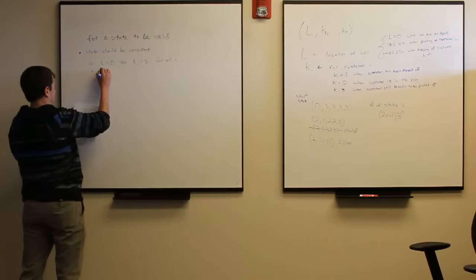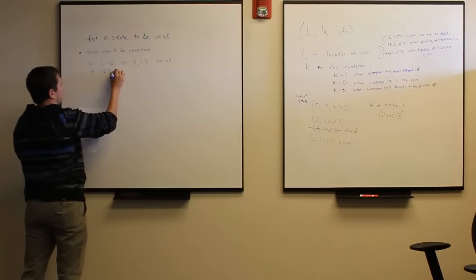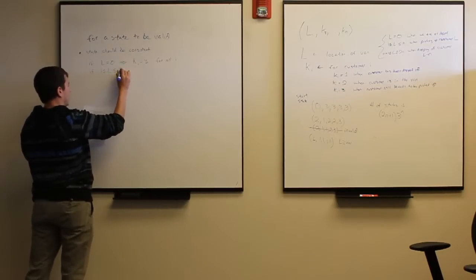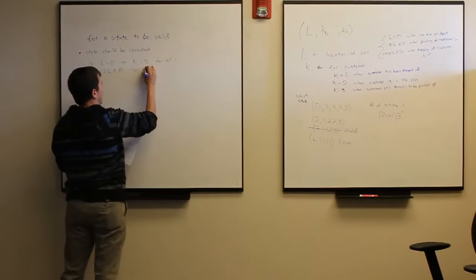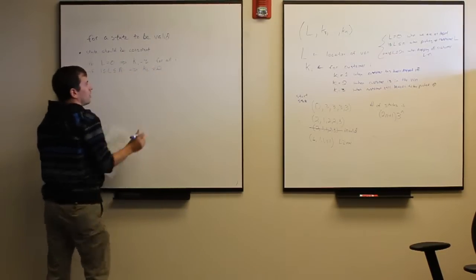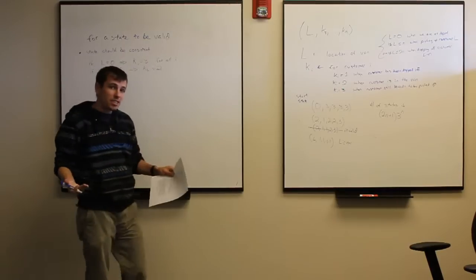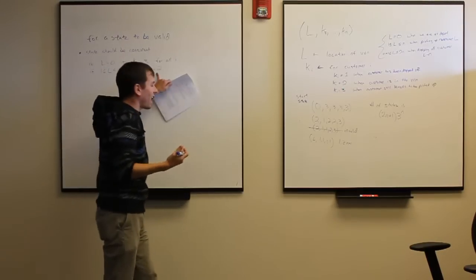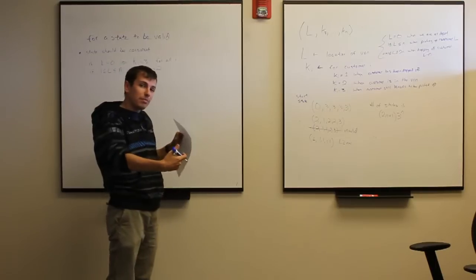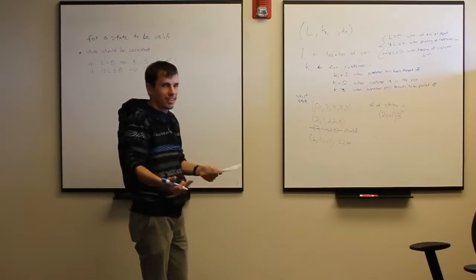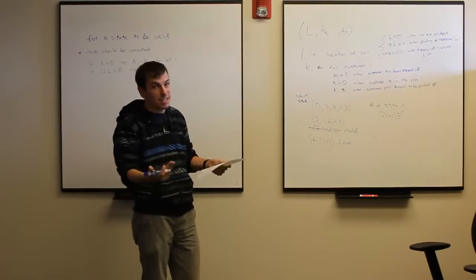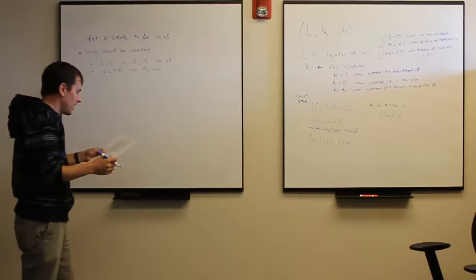If 1 is less than or equal to L, which is less than or equal to n, that implies K_L has to equal 2. So anytime I'm picking up a customer, I have to actually put them in the car. I can't go to a pickup location and have the customer already delivered or not yet be delivered. Getting to the place to pick them up means picking them up. And 3,